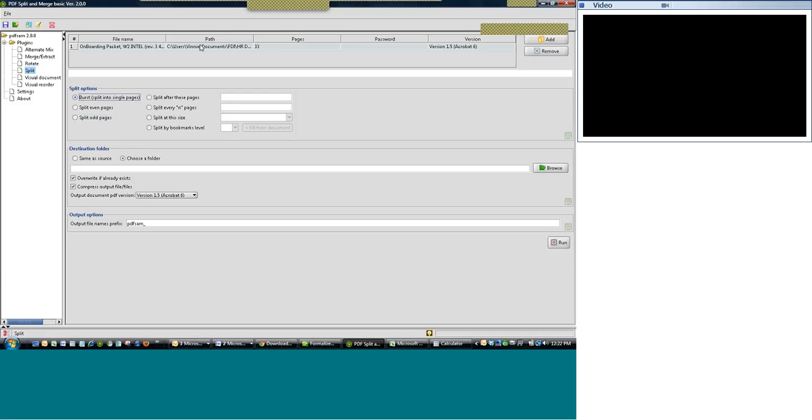So you've done the first thing, which is the file at the top. You added that, then this burst into single pages. You've selected which split option you want, and then the destination folder is you can either do exact same as where it was in. So that's just going to put it right in this pathway, this HR documents, onboarding, Intel, whatever. Now, if I did that, obviously, if I go to that,